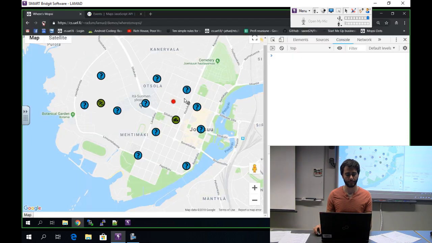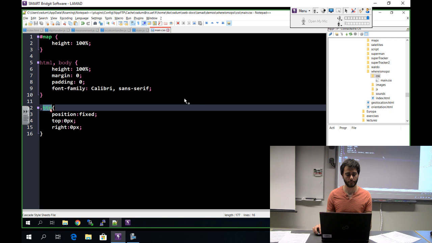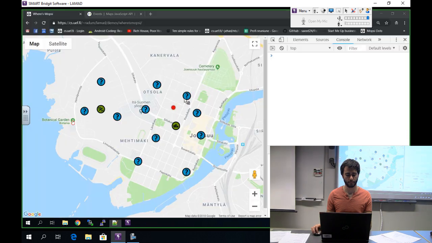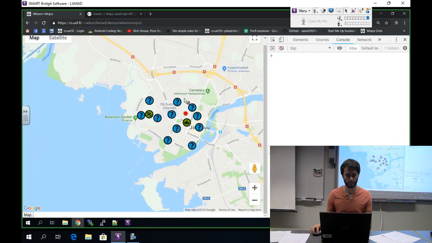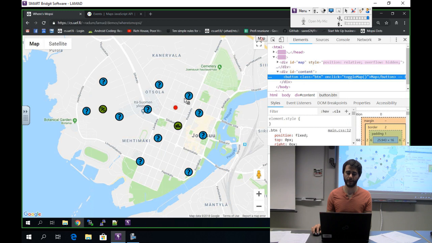But for some reason it's not assigning the... Okay, now it worked. So now the button is on the top right corner here, over the map,